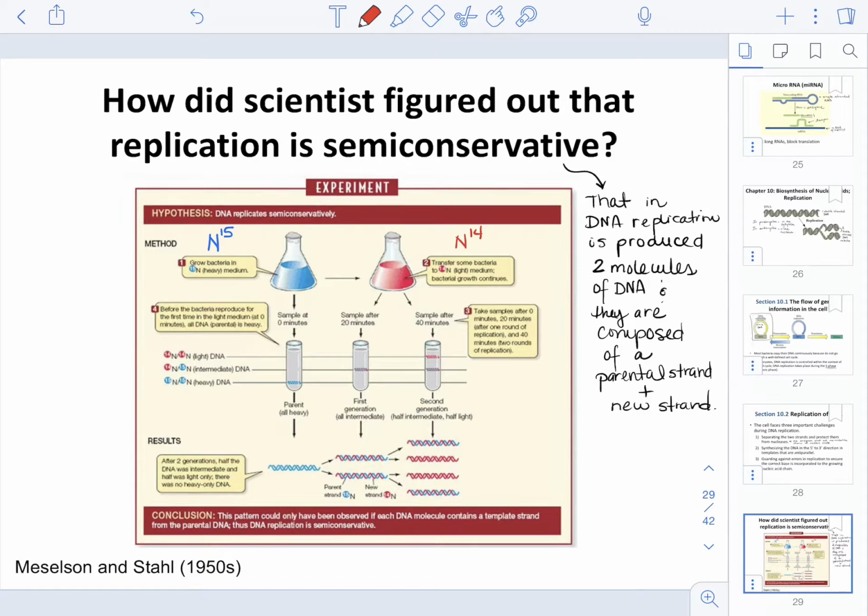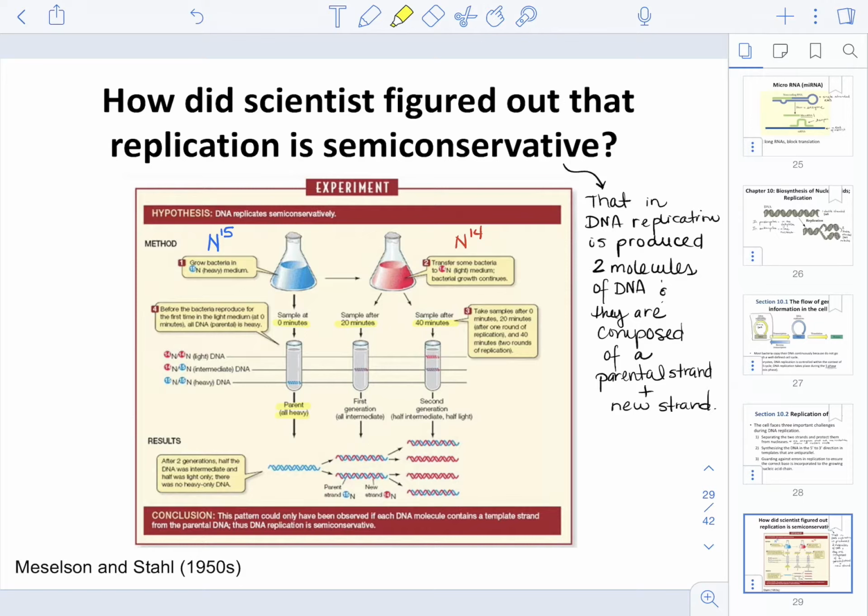Then they were taking samples at different time points because replication for bacteria actually happens much faster than in eukaryotic cells. And they took samples specifically at 0 minutes, 20 minutes, and then 40 minutes. At 0 minutes, what they were looking at is how just heavy labeled DNA looks. And as you can see, the sample at 0 minutes demonstrated that the parent DNA was all heavy. When they explored what happened to the flask that now had N15 isotope and then nitrogen 14 isotope, meaning now we have bacterial cells that have the heavy label and the light label,